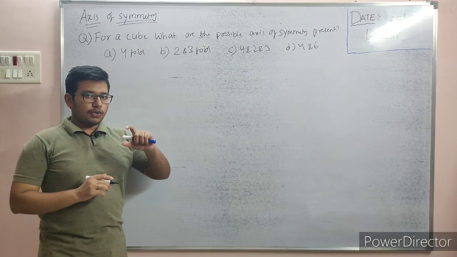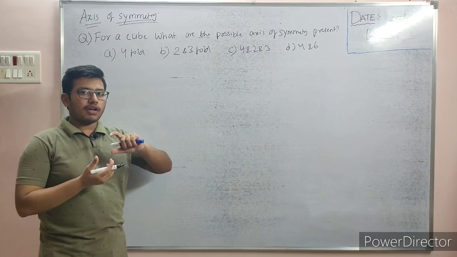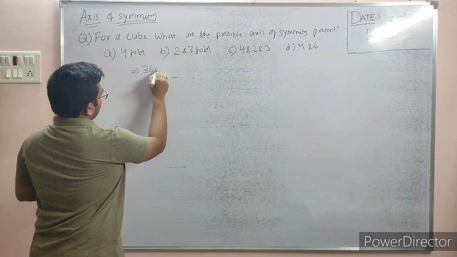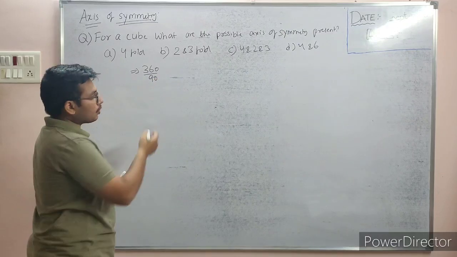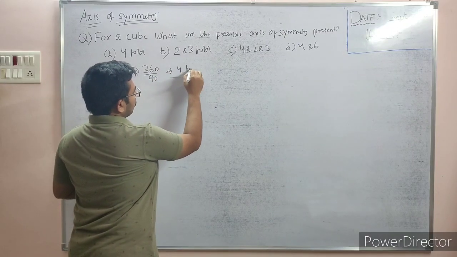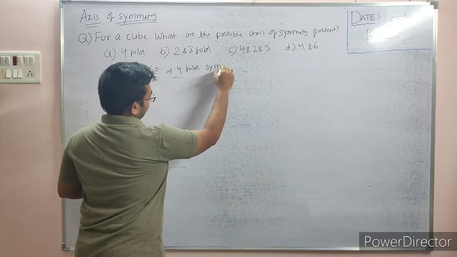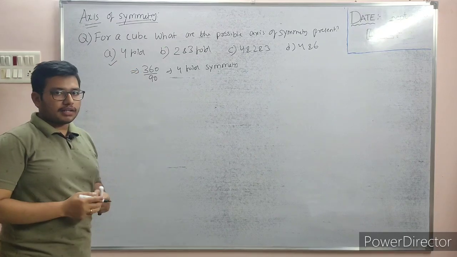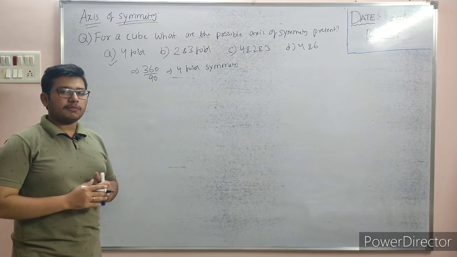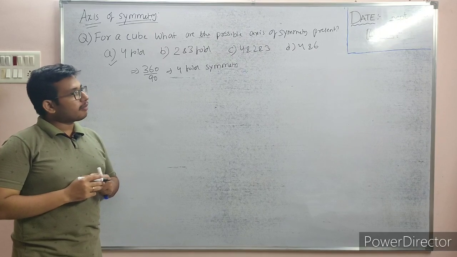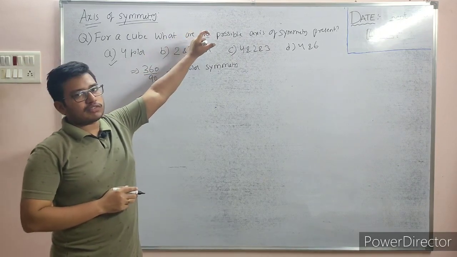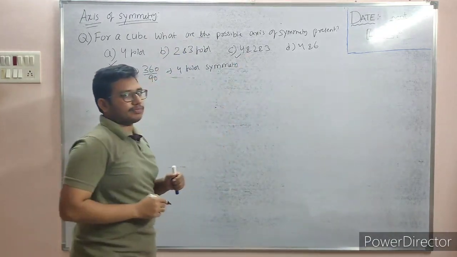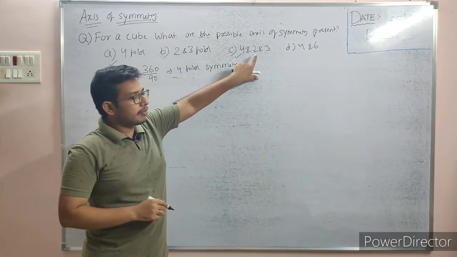As we know, when we rotate a cube by 90 degrees, we will find the same face. So you can put 360 upon every 90 degrees of rotation, so it will be 4. So the cube has 4-fold symmetry. So what will be the answer? 4-fold symmetry? It is wrong, because I am asking what are the possible axes of symmetry. In the cube we will get 2 and 3-fold symmetry also. So the correct answer will be this.